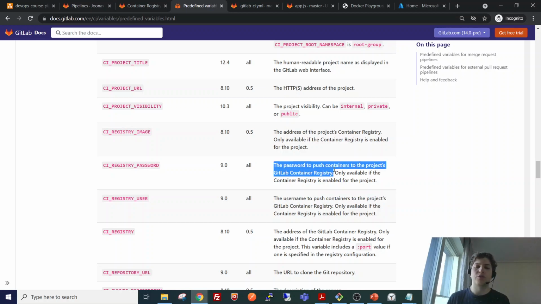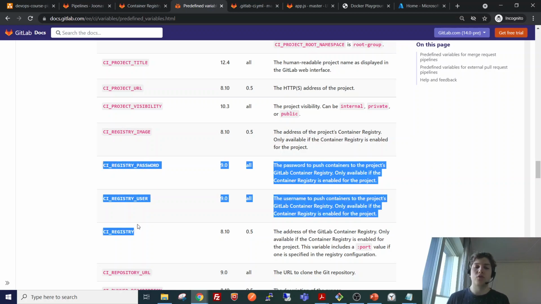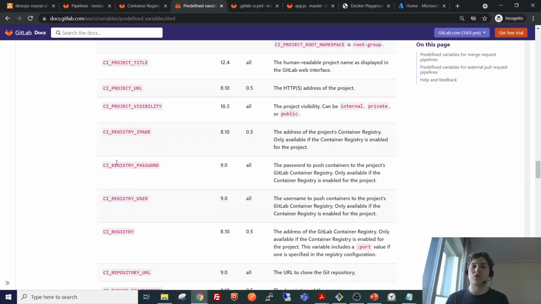We also have the password of the user as a variable. So we are going to use these two. Also we are going to use the address of the container registry. These are very useful variables. We can now authenticate with those instead of our personal credentials.